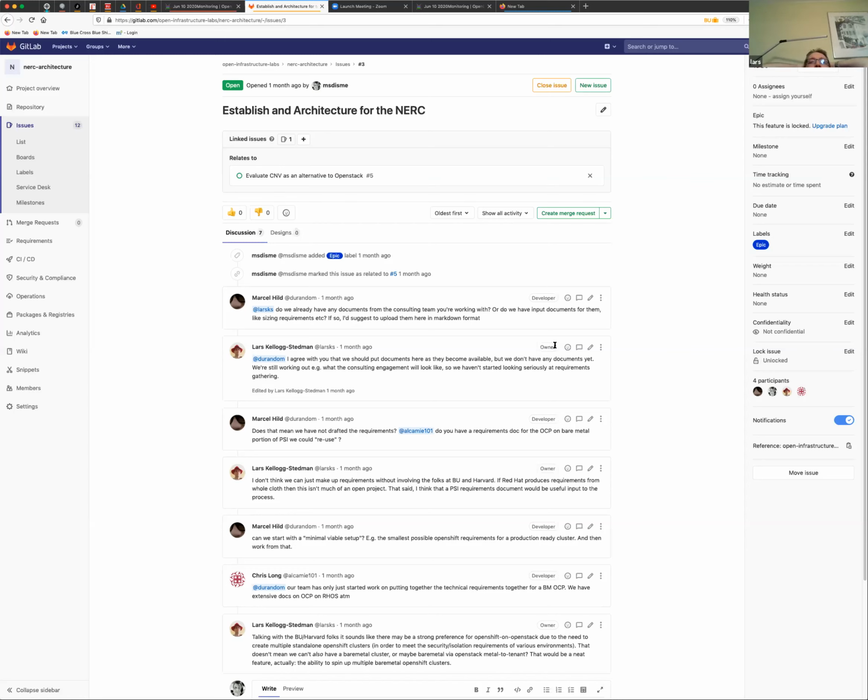But also, if we're running OpenStack, on what? It's the overall architecture for this whole cloud environment that we're calling the NERC, and it was going to have children such as monitoring architecture for specific things.